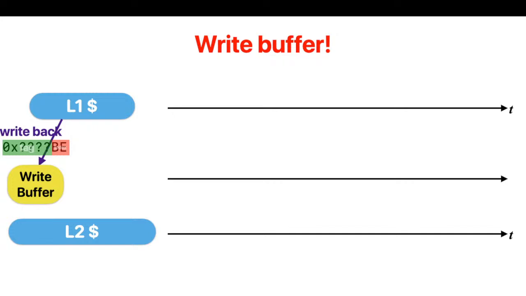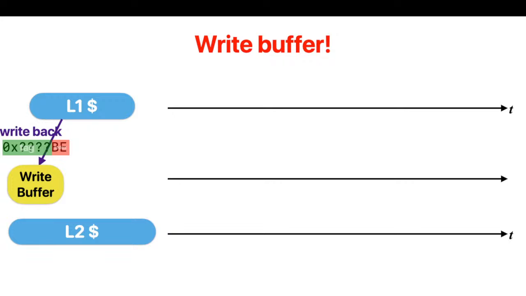And whenever I have data that I want to write back, instead of performing the access to the L2 cache, which requires you to go through the small, slow bus with limited bandwidth, as well as the slow access time of L2, because L2 is typically larger,